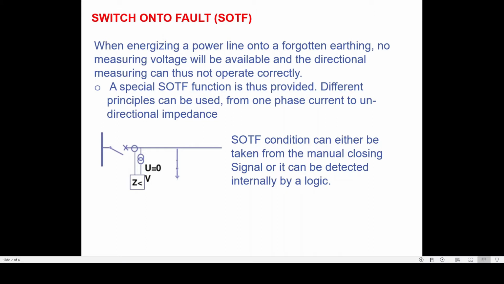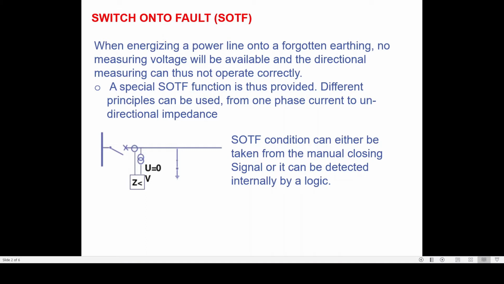The reason is, suppose you have taken a transmission line under shutdown for maintenance work. Now this transmission line may be 10 kilometers, 50 kilometers or 100 kilometers, connected between two substations, and the transmission line maintenance person has taken the shutdown, and at the end of the day, after the completion of maintenance work, they have returned the shutdown for energization of the line.